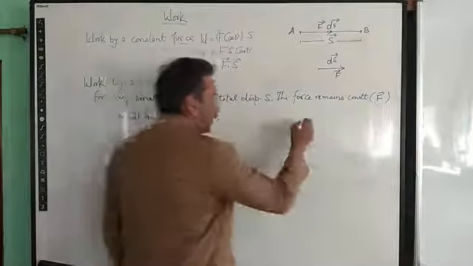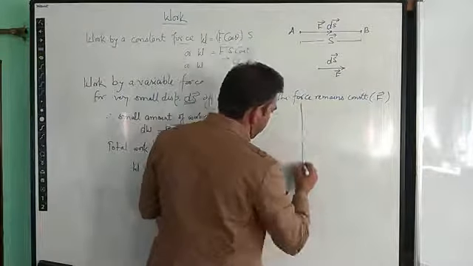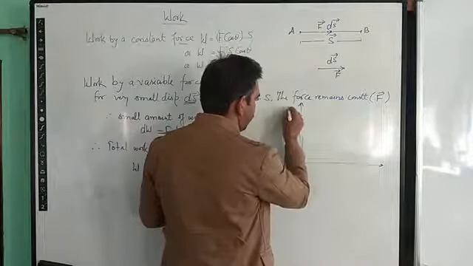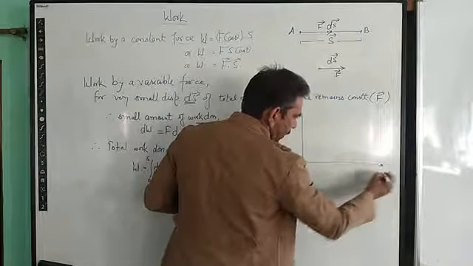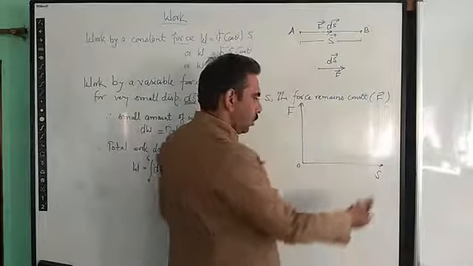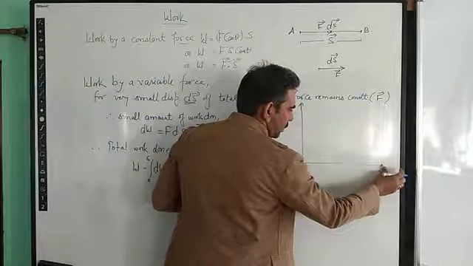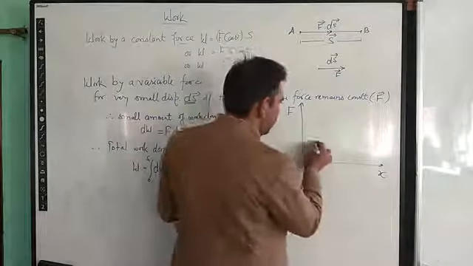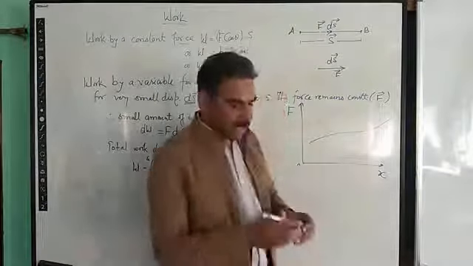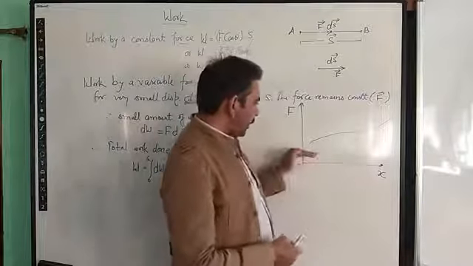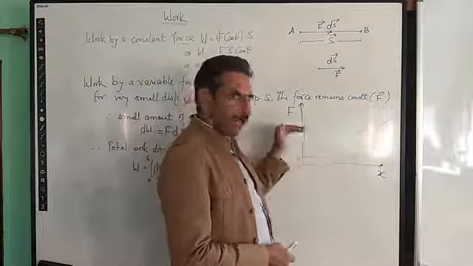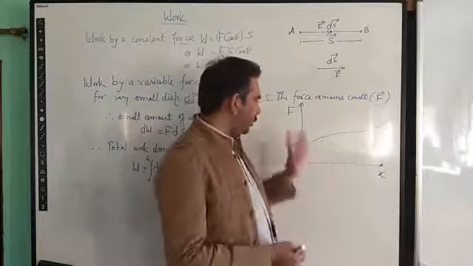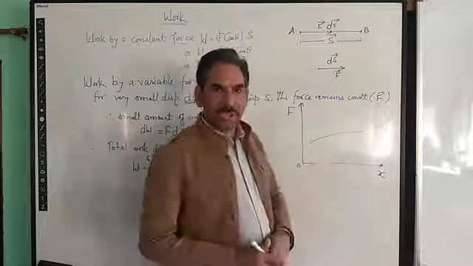We can also talk about the graph and take the work done in case of variable force from the graph. Suppose that along the vertical axis we have the force and along the horizontal axis we have the displacement S, or in some books it may have been written as X, which does not change the meaning. And suppose that the graph is just like this. So that means the force throughout the displacement is not at one particular value, but it is changing. Such a kind of force is a variable force. So this is the graph between force and the displacement caused in a particular situation, for example.